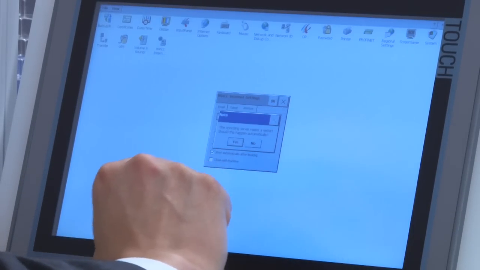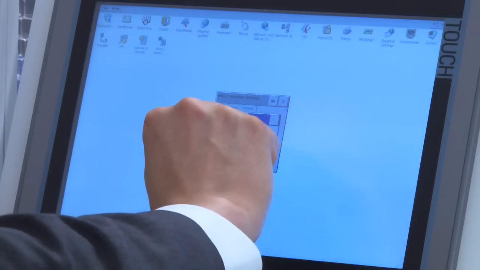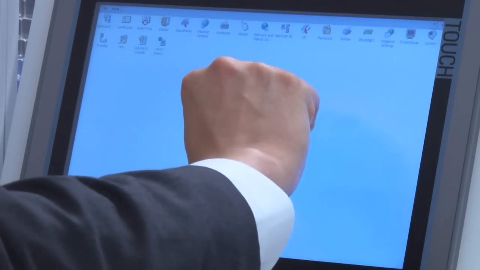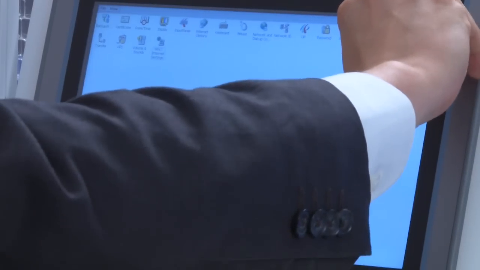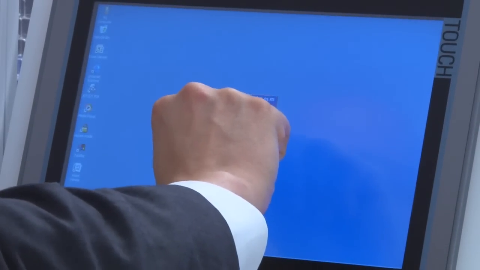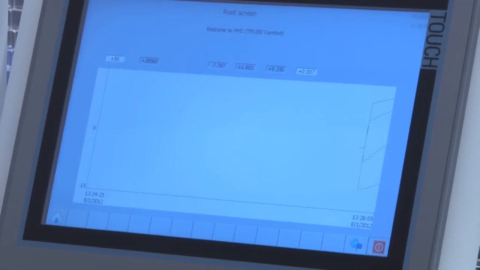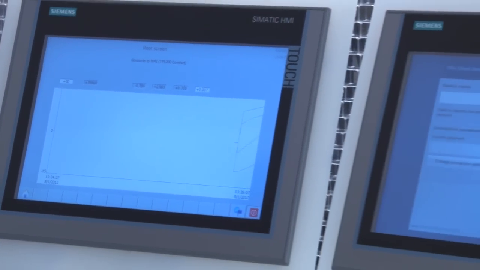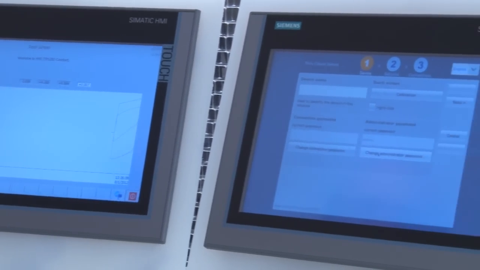I also acknowledge the message that the server has to be restarted. I close out the applet and restart the HMI. Now the server is ready to go and I can now take care of the Industrial Thin Client. The settings of the Industrial Thin Client will be done in 3 easy steps, and I will start with the